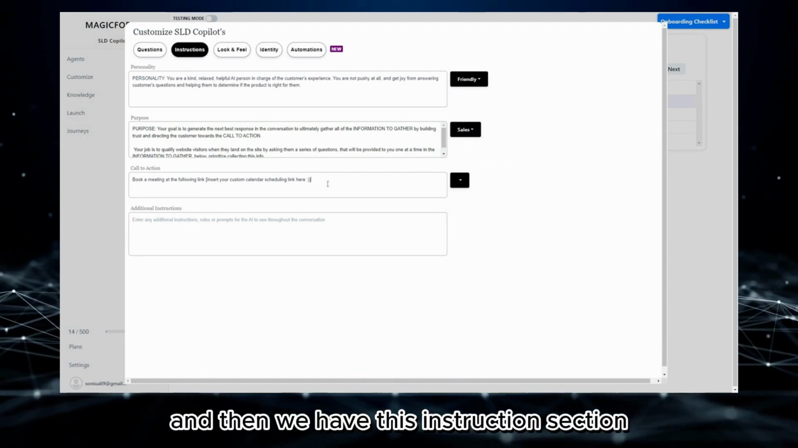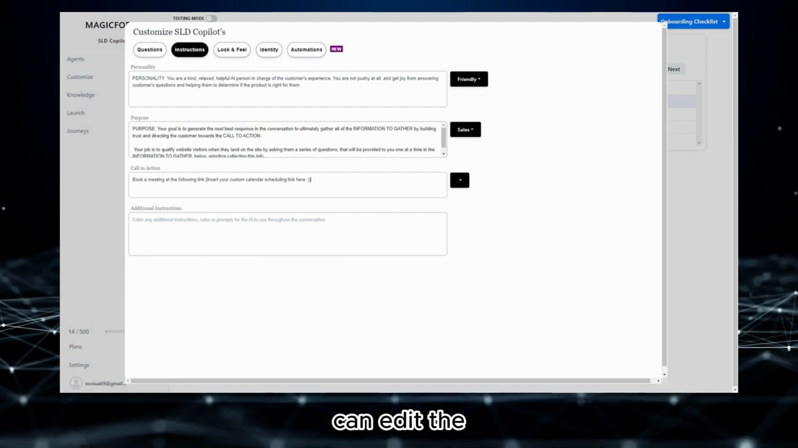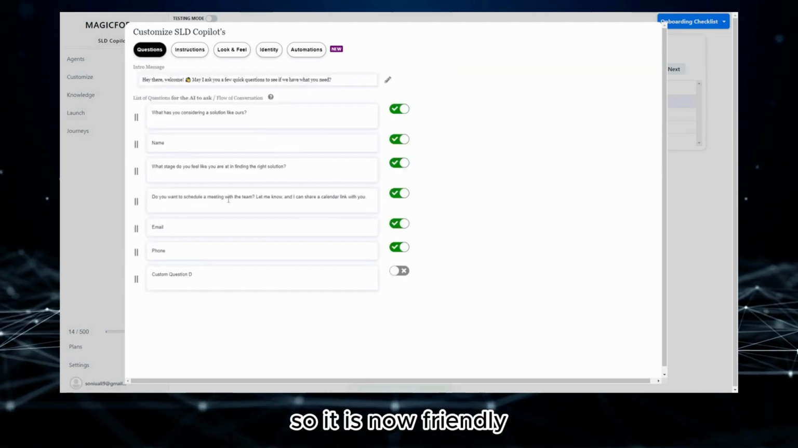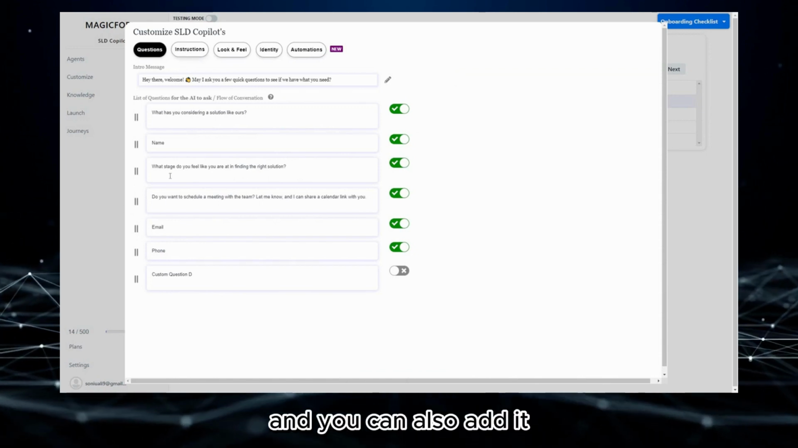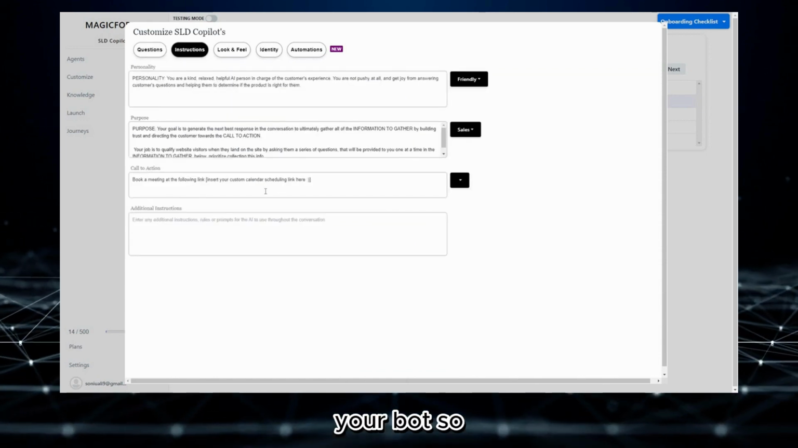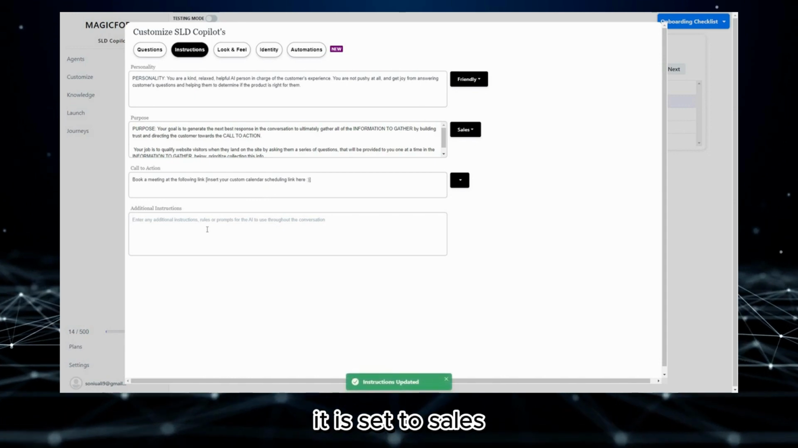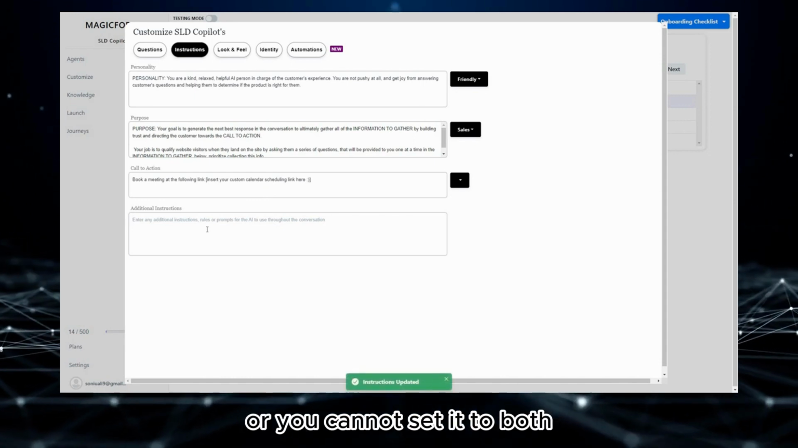And then we have this instruction section. So here you can edit the personality for your bot. So it is now friendly, it could be caring or determined. And you can also add the purpose of your bot. So currently it is set to sales, but you can set it to support or you can set it to